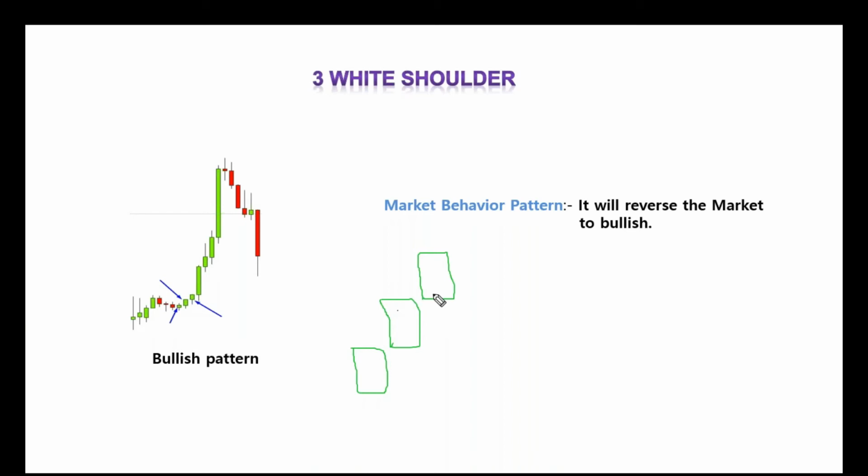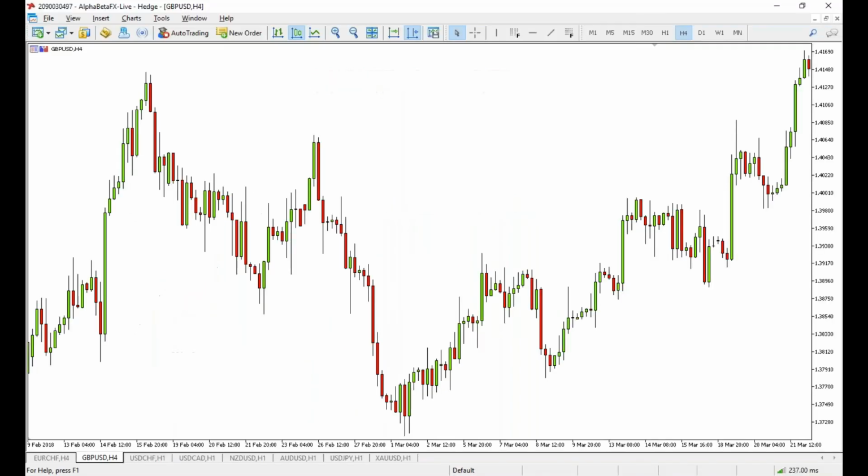A very good volatility arises once the three white soldiers form inside the market. The market has high volatility for the short term, or it could be long term as well. So let's find out; this is easily available inside the market. If we can see here,